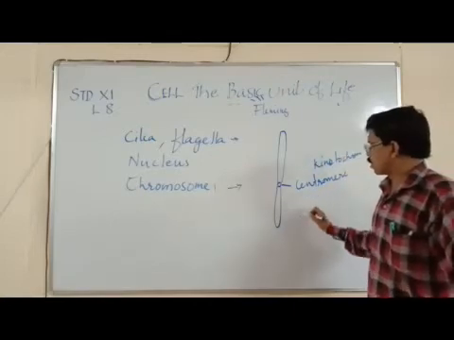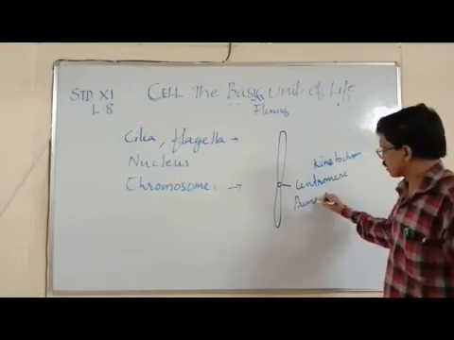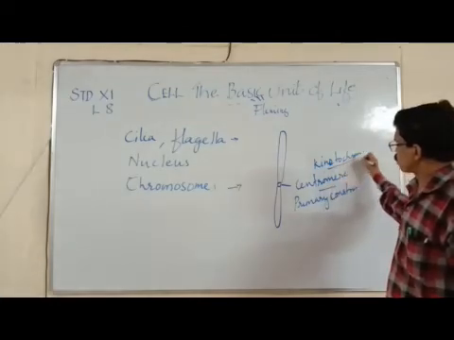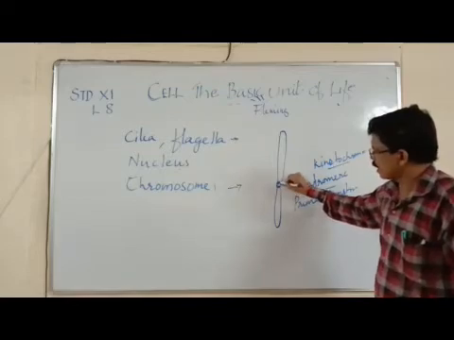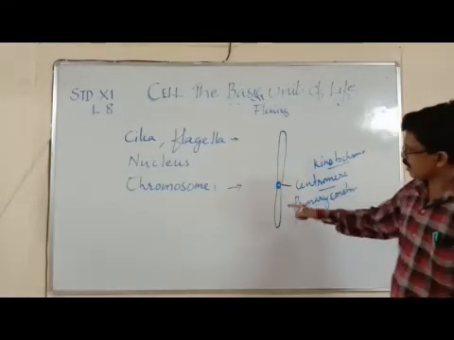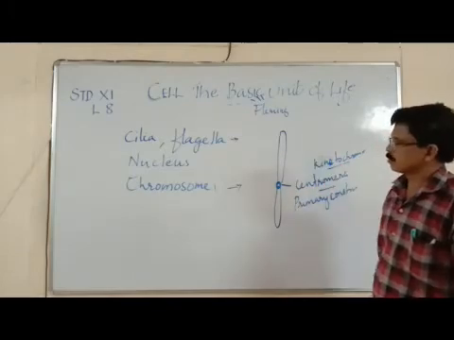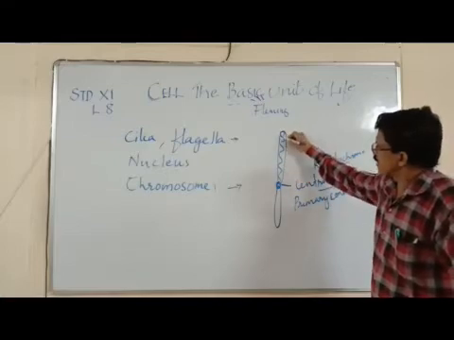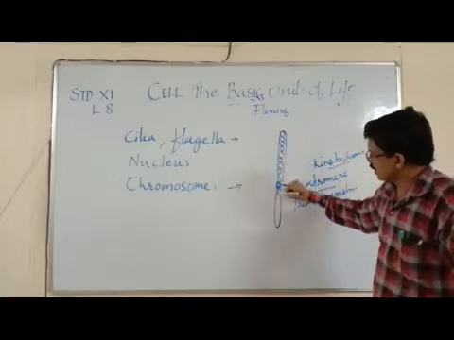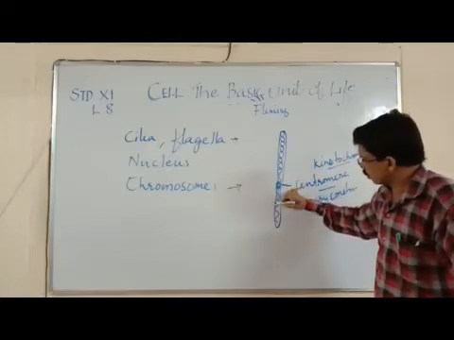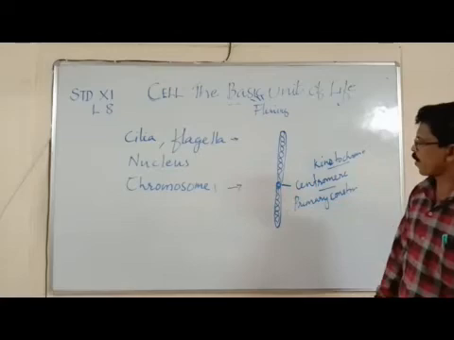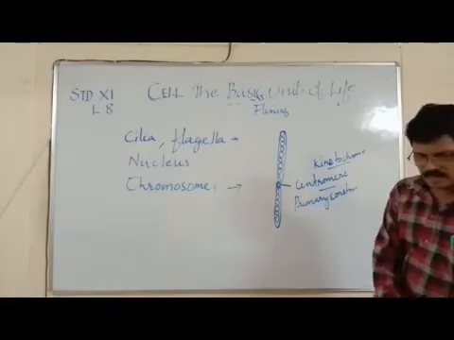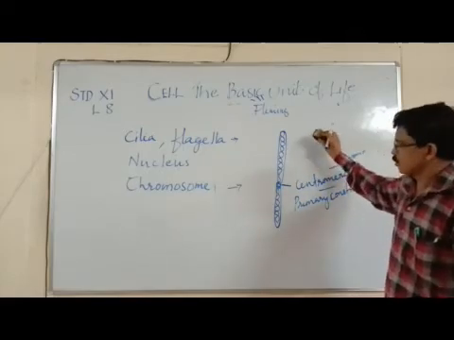It is otherwise called the primary constriction. So the primary constriction, centromere or kinetochore, indicates the central connecting disc of the chromosome. On either side of this are two arms. The DNA is tightly packed inside the arms. DNA is a double helical structure. You can see the DNA is tightly packed in the cementing material of histone or non-histone proteins. Based on the position of this centromere or primary constriction, there are different types.